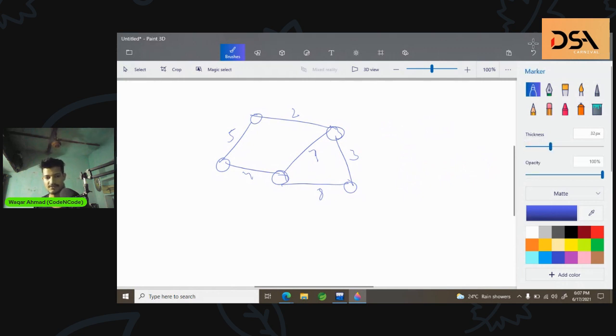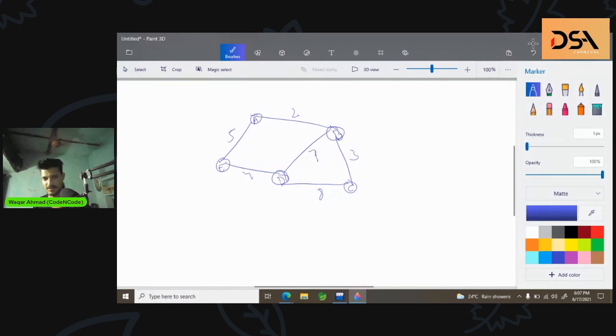So what Kruskal's algorithm says is this. Sorry, I don't usually work with this. So this is node, let's say A, this is node B, this is C, this is D, and this is E. Okay, so A, B, C, D, and E. To get the minimum spanning tree, first of all, get the list of all